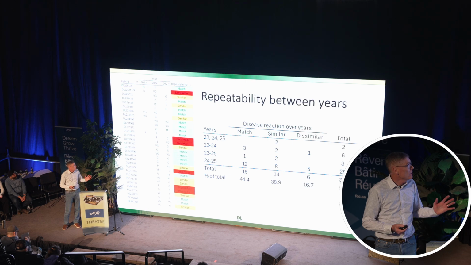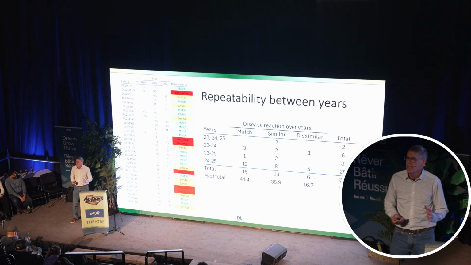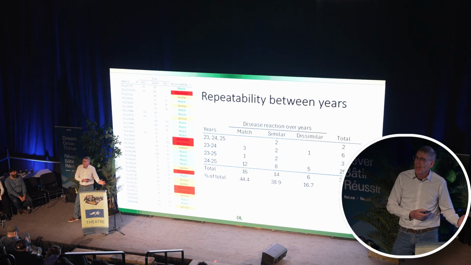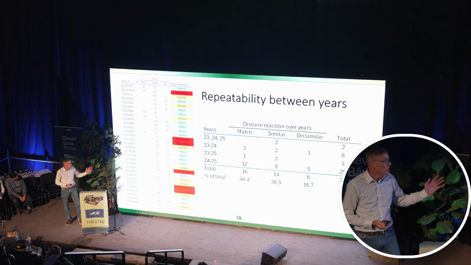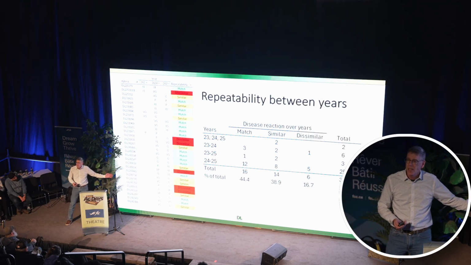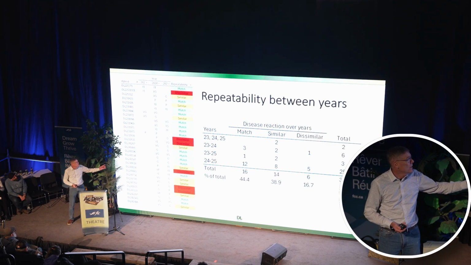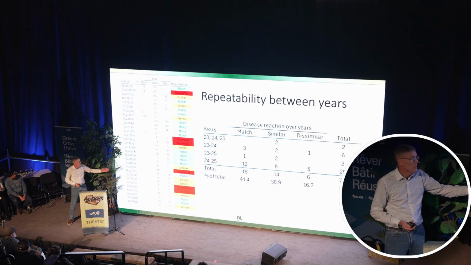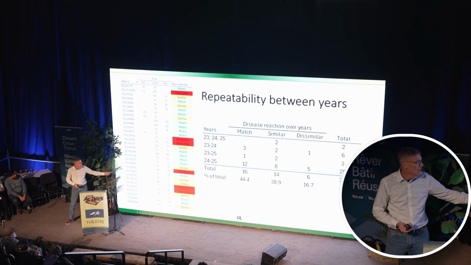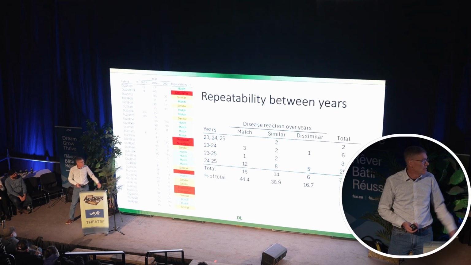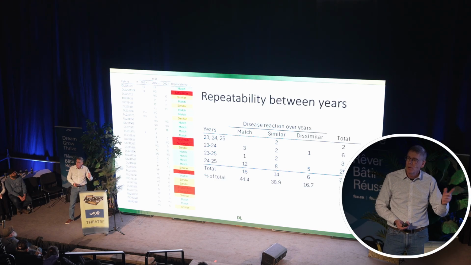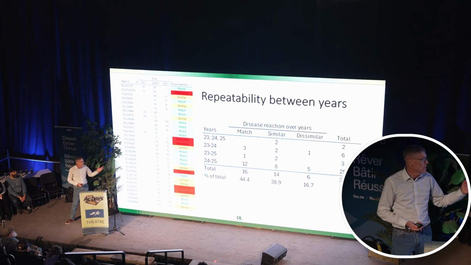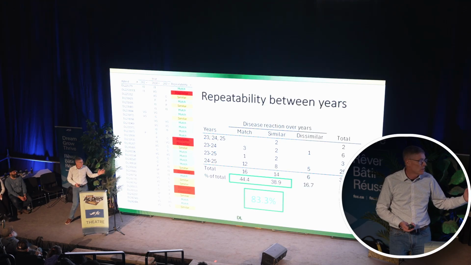The last part of reliability is, if I look at the thing last year, and I look at it again this year, am I going to get the same answer? Because that's really important. I only have 36 hybrids here, and I basically compared, got all the ratings I had available where there were 2 years available, and looked at the ratings that were assigned. And so if they were the same, we got a match. If you're 1 step away, similar, 2 steps away, that's dissimilar, and that's not good.